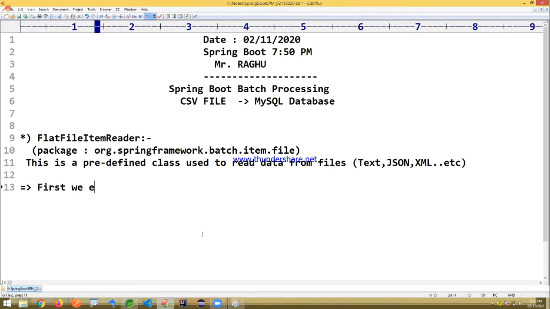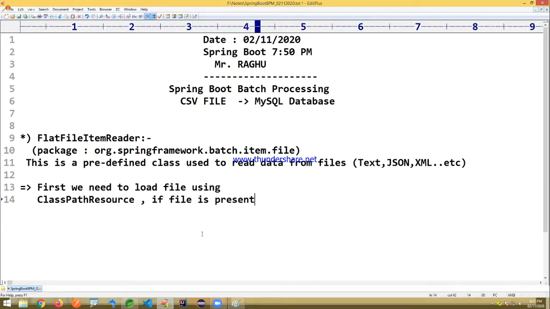First, we need to load the file using a class path resource if the file is present under the src main resources folder.